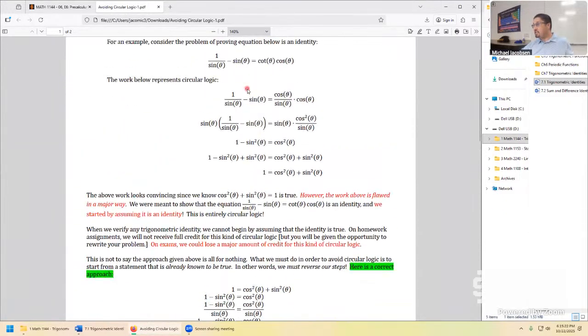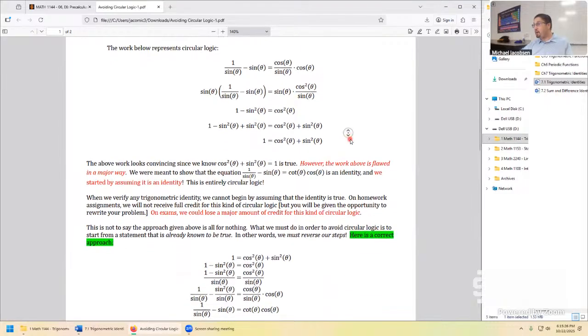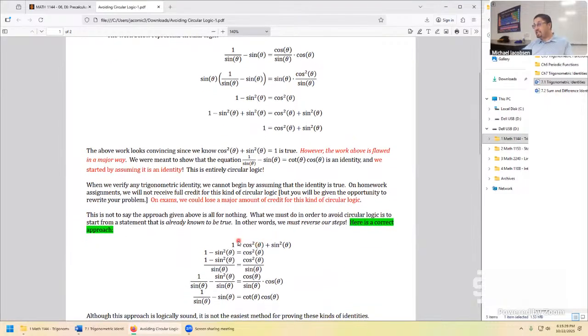Think of all of this as scratch paper work. You can make this a valid proof by starting right here. This is not circular logic because this is a known identity already proven to be true. We proved the truth of this identity in section 5.2, for example. So if you start with this identity, manipulate it by subtracting sine squared from both sides, dividing sine into both